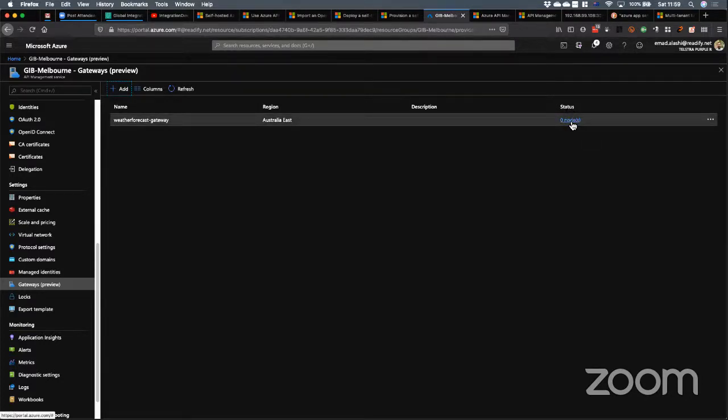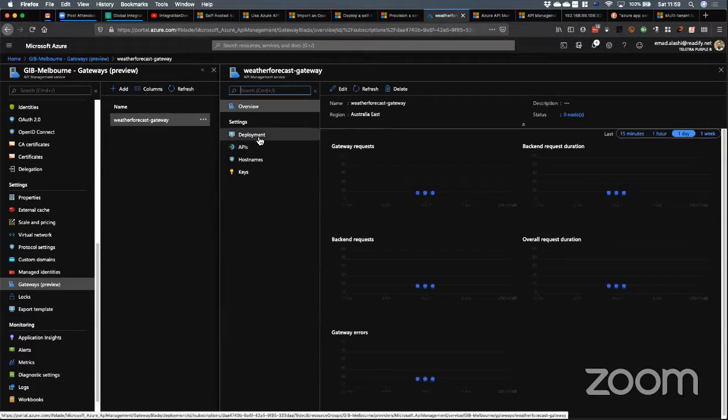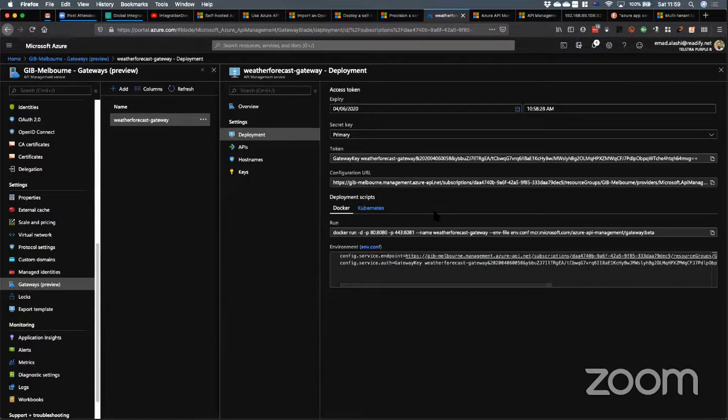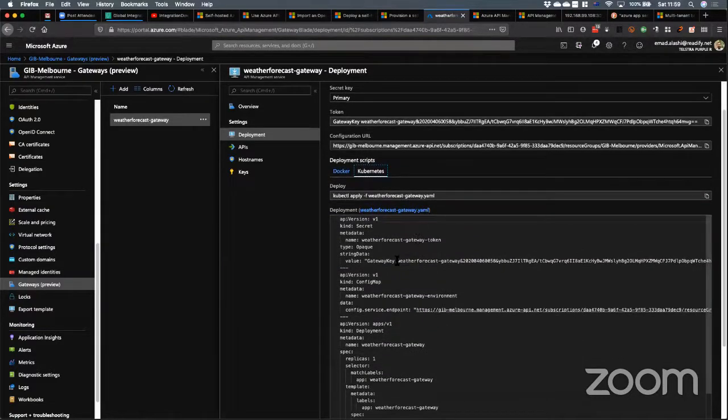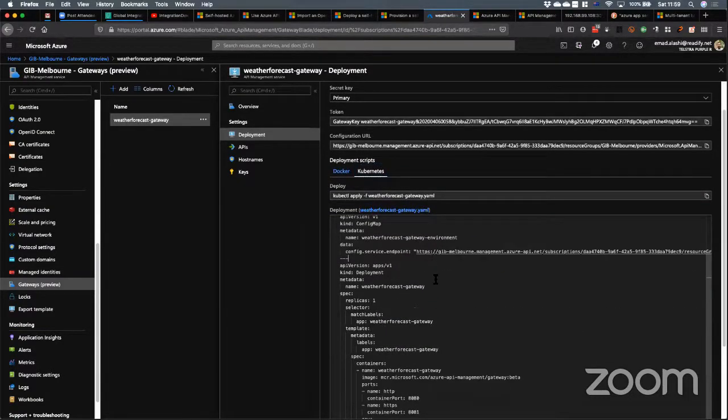And the reason is because we haven't deployed this component yet. We are going to open it, go to the deployment, and you'll see here that there are 2 different options between deploying it through a Docker command or Kubernetes. We're going to pick Kubernetes. Let's copy all of this YAML and open it in Visual Studio Code